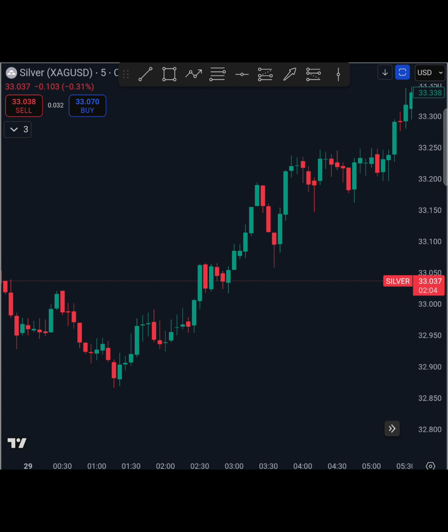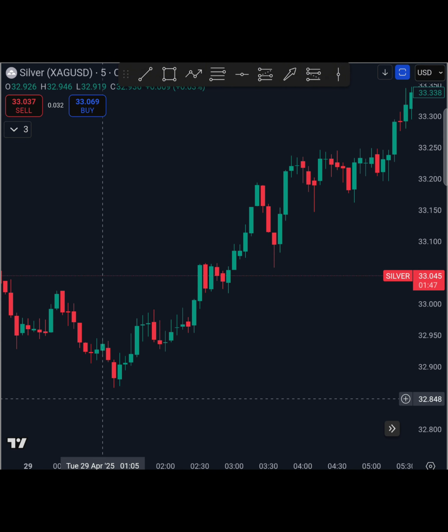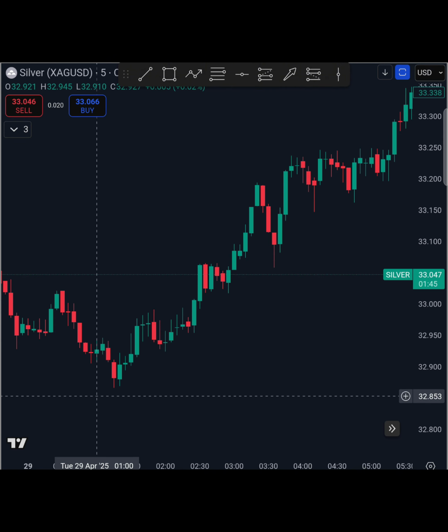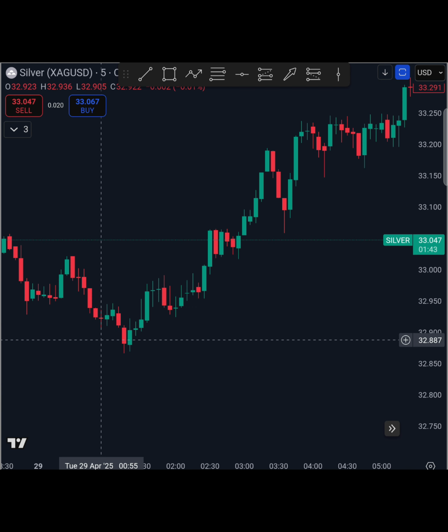Now we are on the charts. We're looking at the XAG USD. This is silver being traded live right now. You can see right here it says silver, and this is the line that's showing the price moving up and down. Let's look at the uptrend, or market moving up, right here. You can see that the market is making a high,